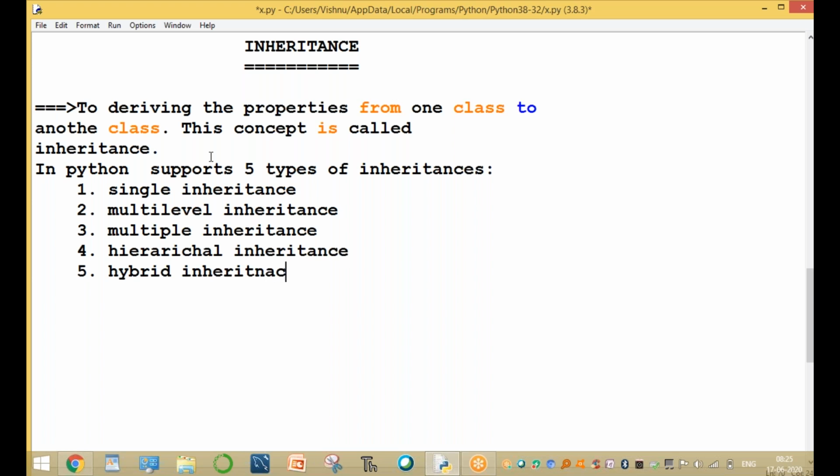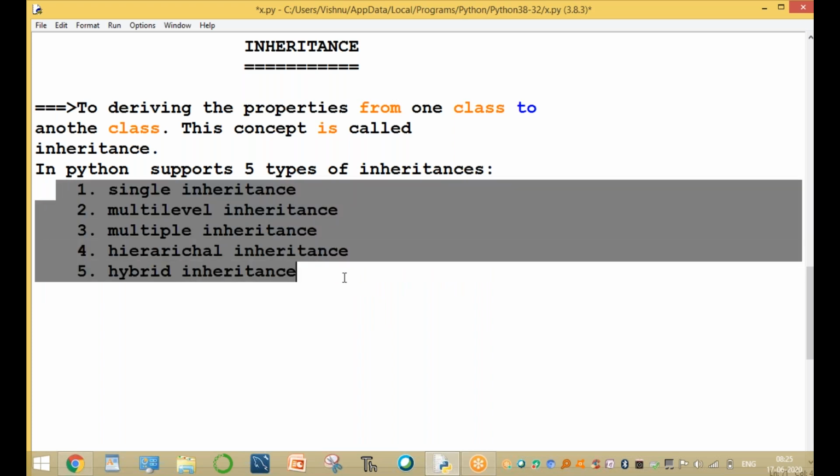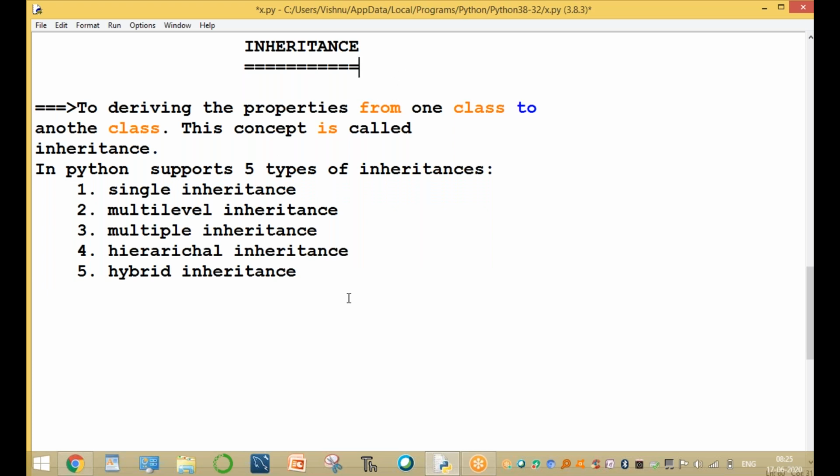Most programming languages support 5 types of inheritance. C++ supports 5 types, Python supports 5 types, and only Java supports 3 types. Some languages support cyclic inheritance also, but Python does not. So Python supports only 5 types.